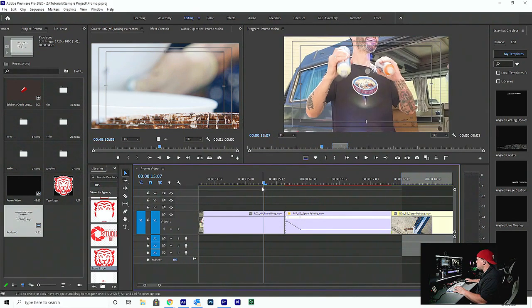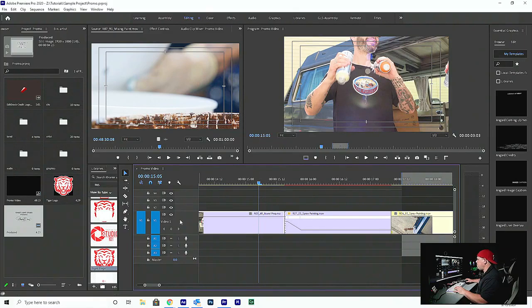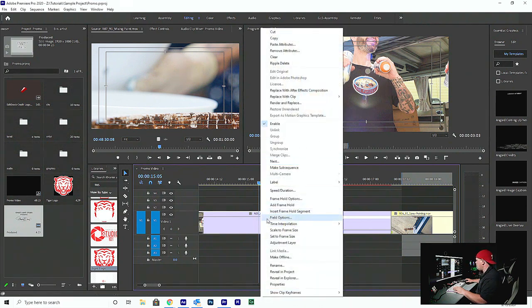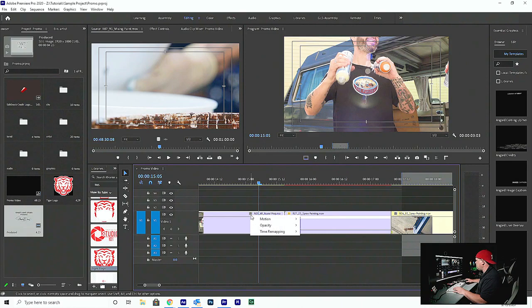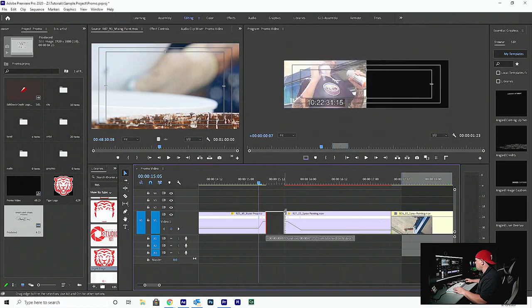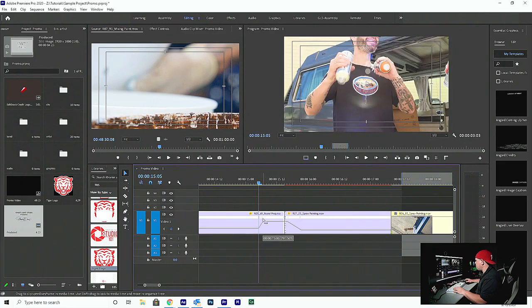What if we speed this up? Let's see how that looks. So on this clip, let's speed it up. I'm going to use the Add a Keyframe tool. I'm going to first select the effects, say time remapping speed, add a keyframe, just like we did before. Now I'm going to drag this side up quite a ways, and then bring that over. I'm going to take this side